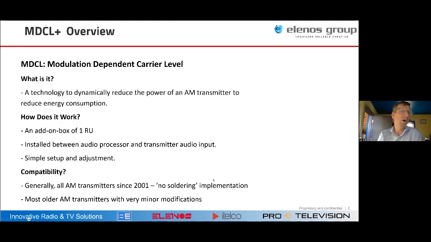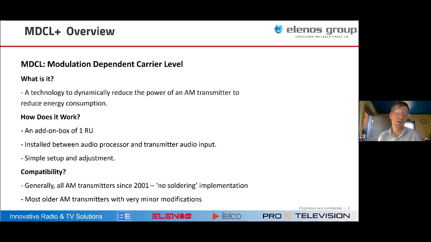So how does it work? Well, effectively, you've got this small box, one rack unit. You just put it between the audio processor and the transmitter audio input. And of course, there's a setup and adjustment that you have to do on the first day, let's say. What is it compatible with? Well, generally all transmitters, all AM transmitters since 2001, certainly those manufactured in North America,